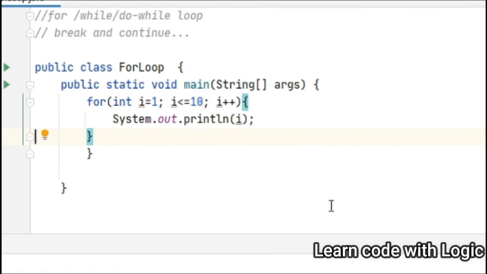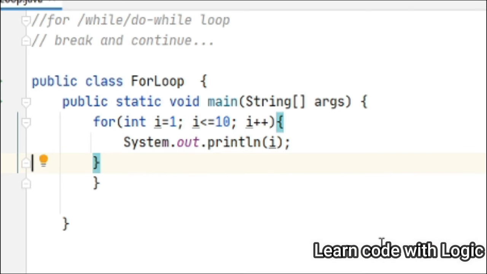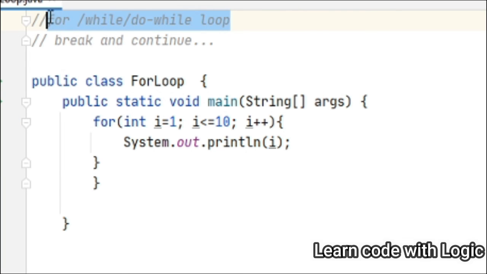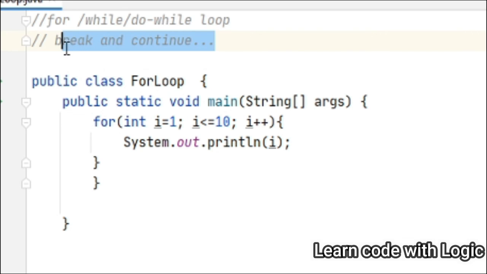Hi viewers, welcome back to my Java tutorials. In our previous tutorials, we have seen what is for loop, while loop and do while loop with some examples. In this video, I will talk about how to use break and continue statements in loops.